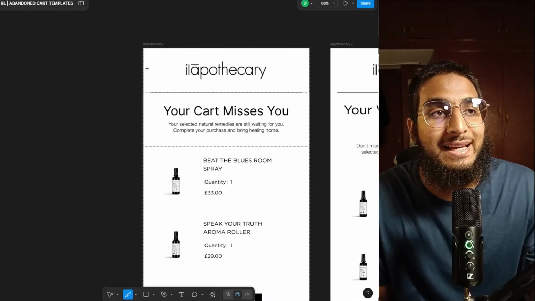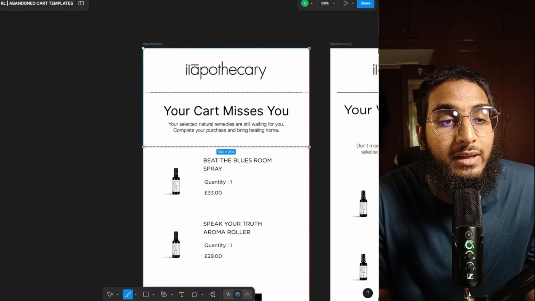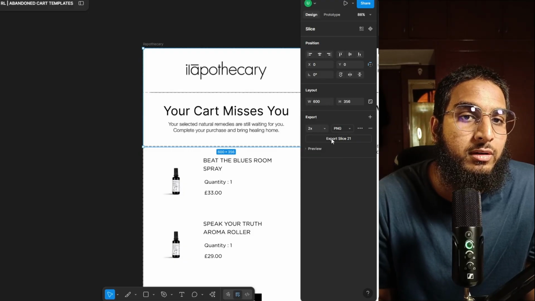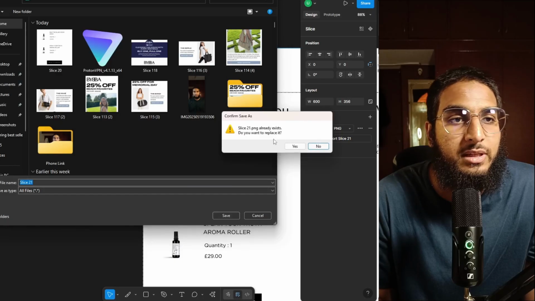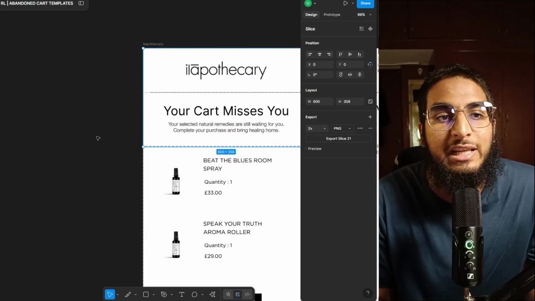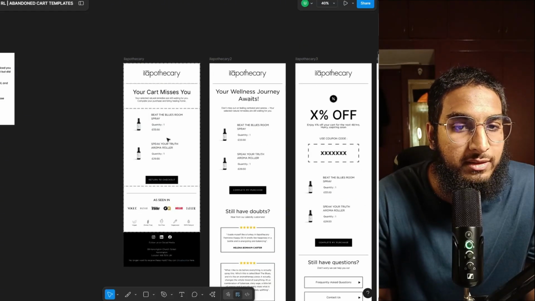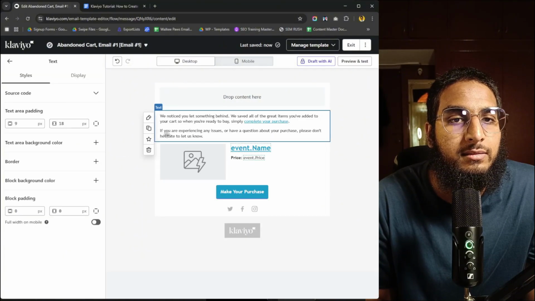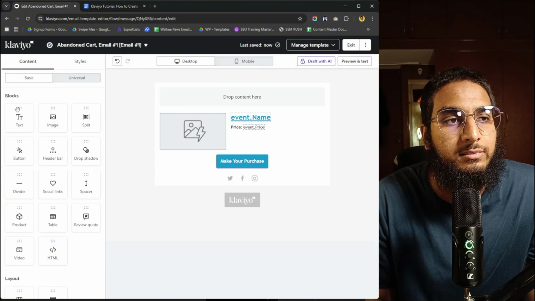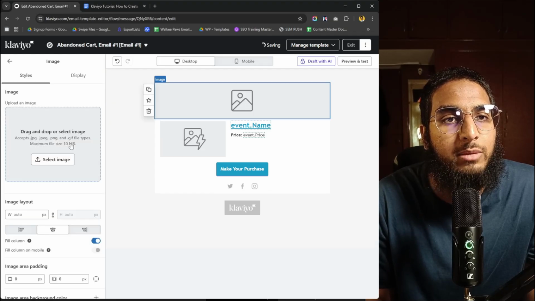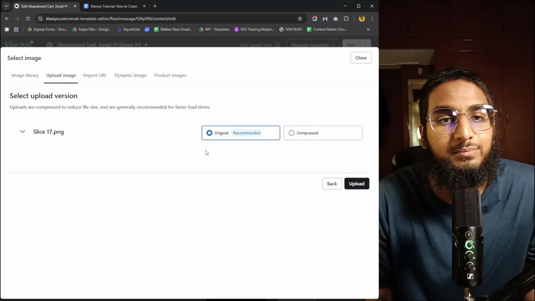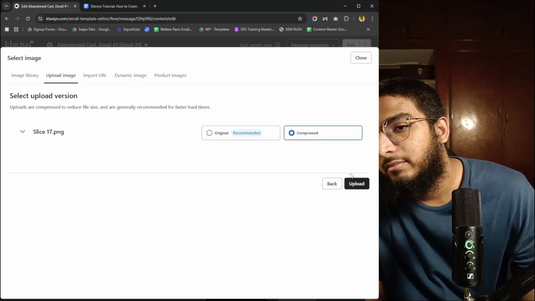So all you have to do is make slices using Klaviyo's slice tool and then export them. Export as PNG. Now let's quickly build out this email on Klaviyo and I'll show you how simple it is. So I'm going to go ahead and delete this, delete this, delete this, and go ahead and click on image, add your image here, select image, and add the first image here of the email. Choose compressed, load,